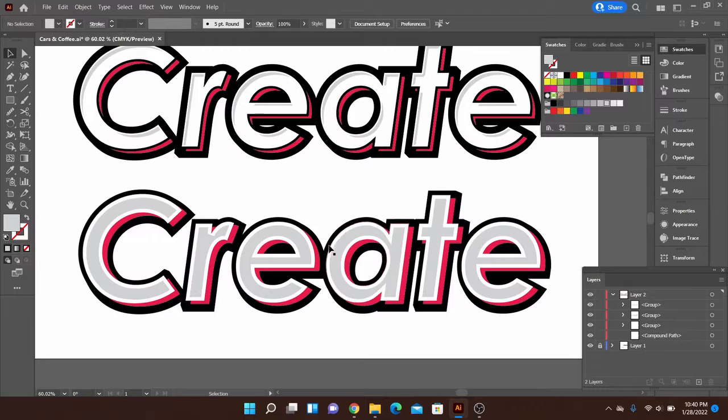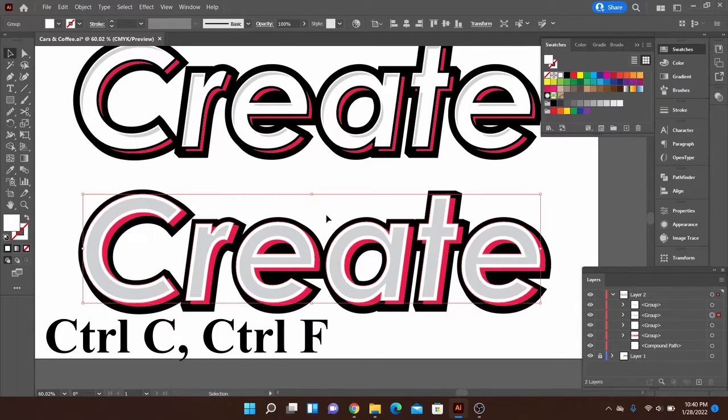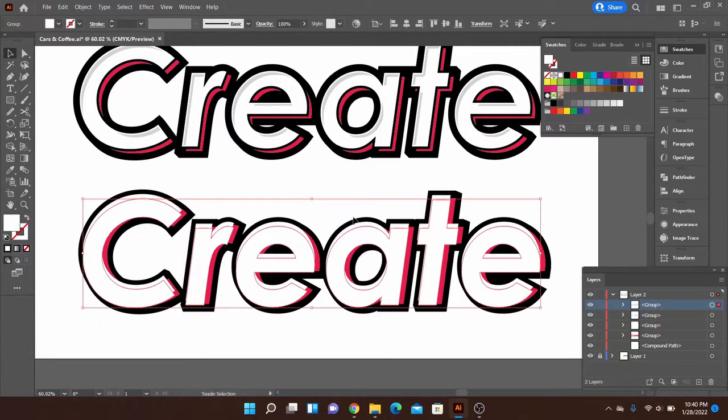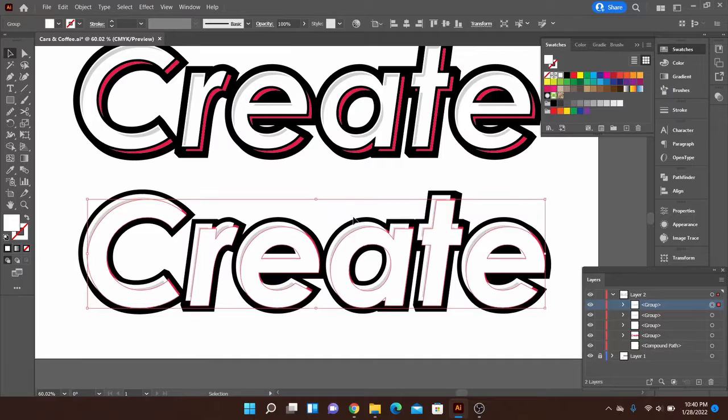Once we've done that, we're going to do another copy paste. So we're going to hit the white one again, hit Control C, Control F. This will paste it in front. However, I want it above the shadow this time. Use Shift and arrow keys to move it around, or use your arrow keys. And this will kind of create, basically what will happen is this white area will be gone